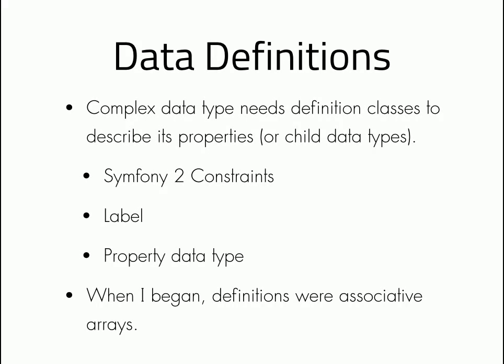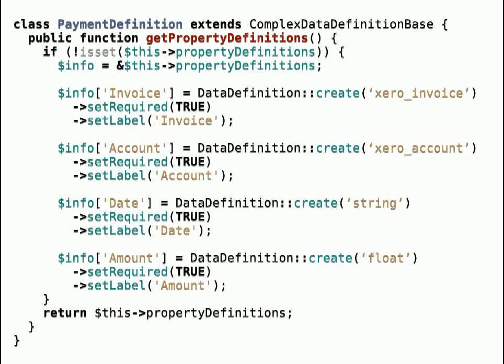Actually, when I began this sojourn into the rabbit hole, data definitions were actually arrays, and now they're classes. You don't have to worry about that anymore. So my payment definition is going to describe other data types that it includes. A payment is attached to an invoice, so I can say use the Xero invoice data type, and I can say use the Xero account